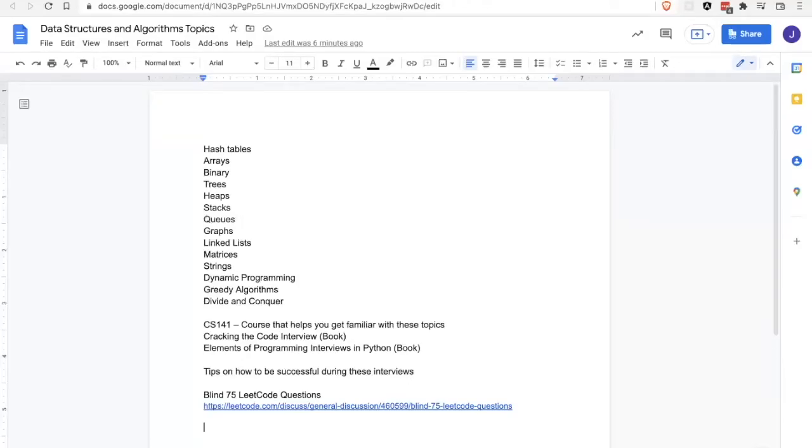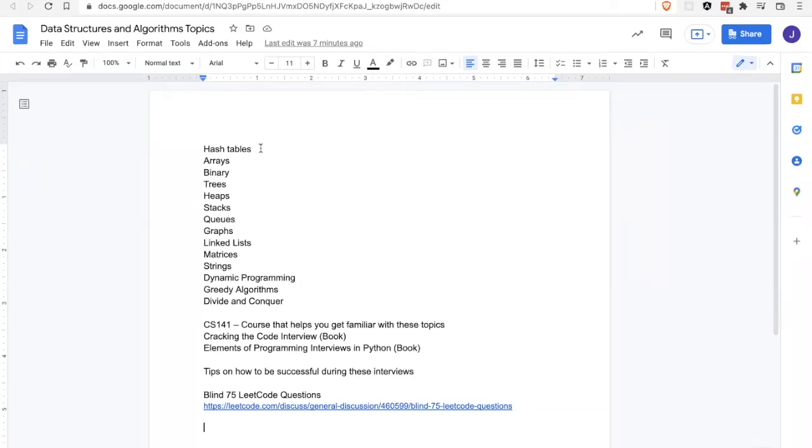And so let's just get started. I'll share my screen. So here are some of the topics that you might come across during LeetCode problems. To start out with, LeetCode is a platform where you can type in data structures and algorithms questions. They're usually asked during coding interviews. And so LeetCode is a good way to practice those.